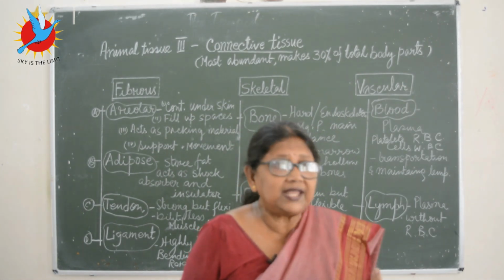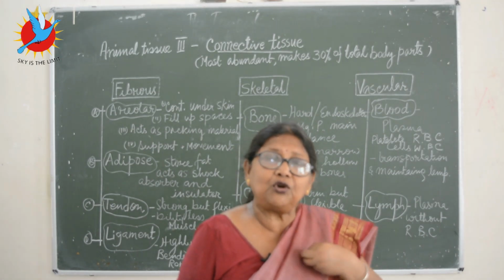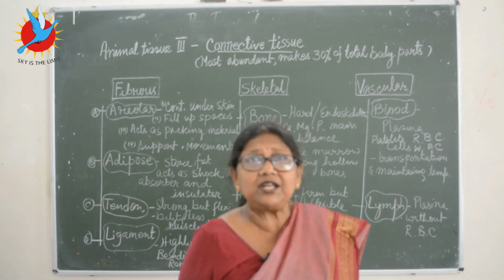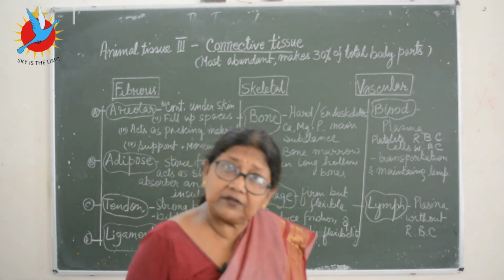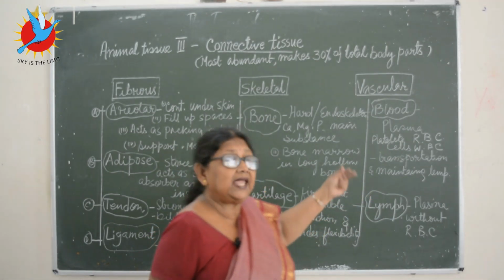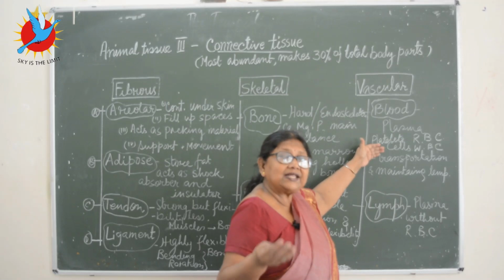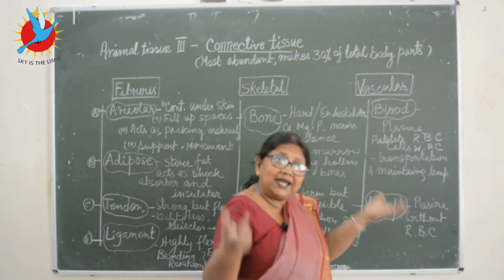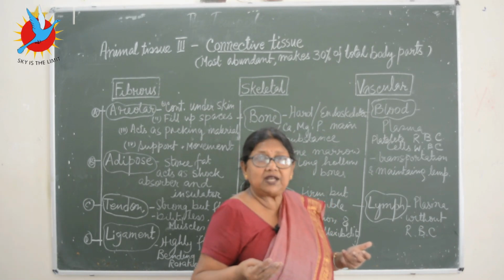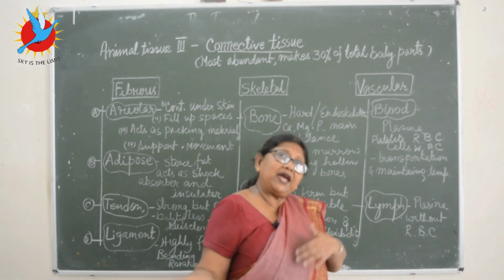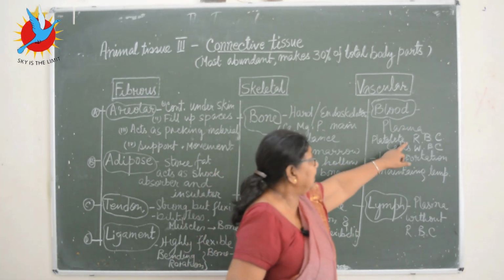We are breathing in, taking the air through the nose, but that oxygen has to go to each and every cell of your body because cells are all living. How do they get this oxygen? Through the blood. Which part of the blood? The red blood cells. They carry oxygen and important substances to all parts of the body, and at the same time they collect all the unwanted substances, like carbon dioxide after breathing, which is given out, and bring it back. So that is the transportation of substances through the red blood cells.